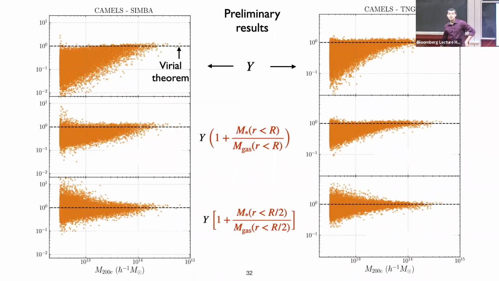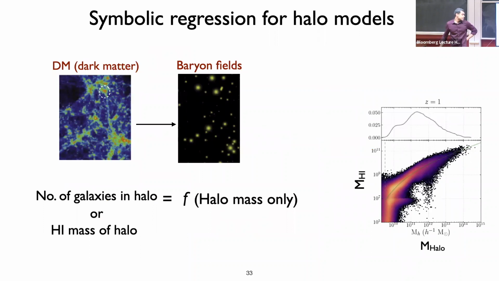Okay, so I'll quickly go over this point. So again, coming back to these simplistic two-dimensional relations that are used in a lot of places. One of the other cases where this is quite popular to use is for the halo-based models. So for example, if you want to make mock simulations with baryons, one thing people do is try to identify halos in dark matter simulations, and then have some prescription for how many baryons there should be in these halos.